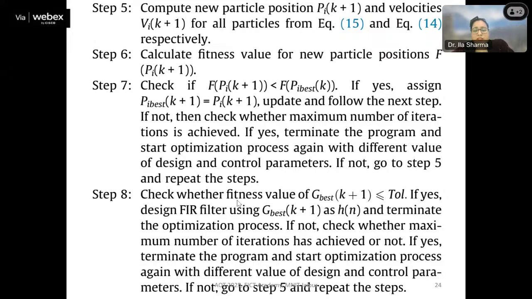Then we check the fitness value for our global best, comparing which one is less than the previous one, and the one with the minimum value will be pronounced the g-best. Then we check the stopping criteria, whether the minimum value is achieved or the maximum number of iterations is reached. Till then our program will run and we will get the optimal values.